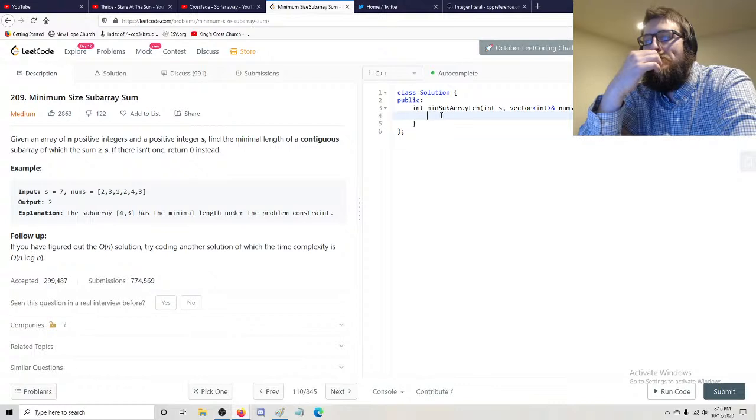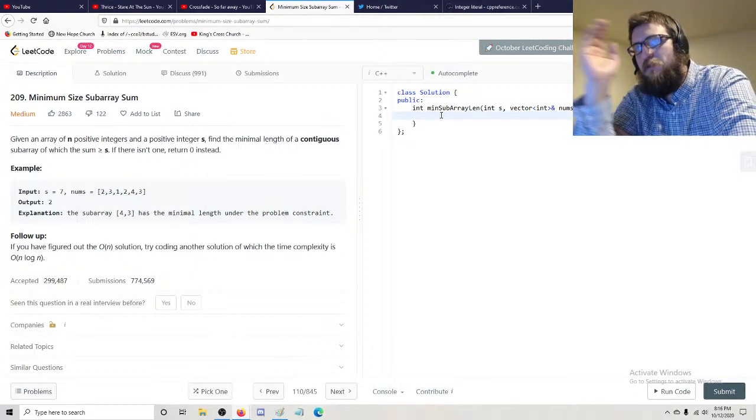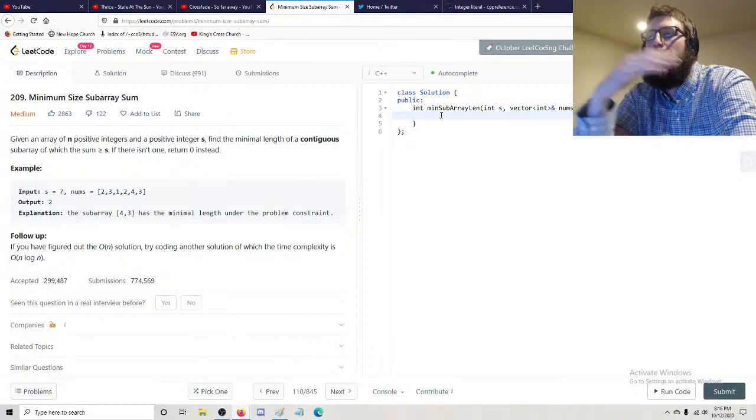And if you don't find any that ever exceed S, next fixed A, so move to index 1, and then check all B from 1 to the end. Now, the interesting part here is that you don't need to start from A every single time, because you know that when you remove one of these elements,